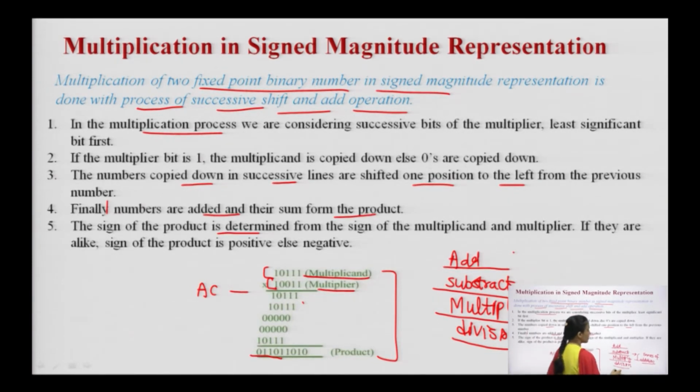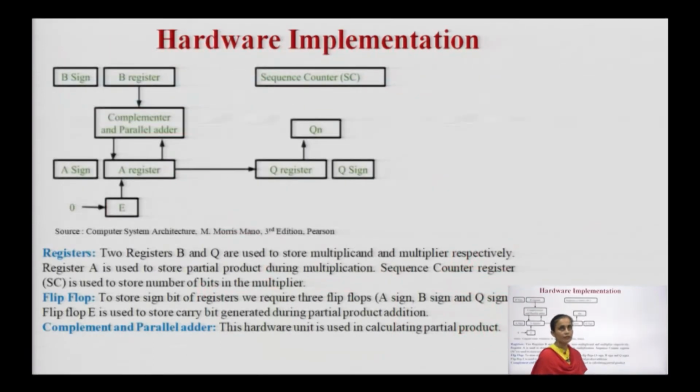The sign bit is determined by comparing the sign of the multiplicand and the multiplier. If both signs are positive, or both signs are negative, then we get the result as positive, and if the signs are different, then we get the result as negative. This comparison of signs is done using the XOR gate property. XOR says that if we have similar inputs, then we get the result as 0, and if we have different inputs, then we get the result as 1. So, we will be using this property.